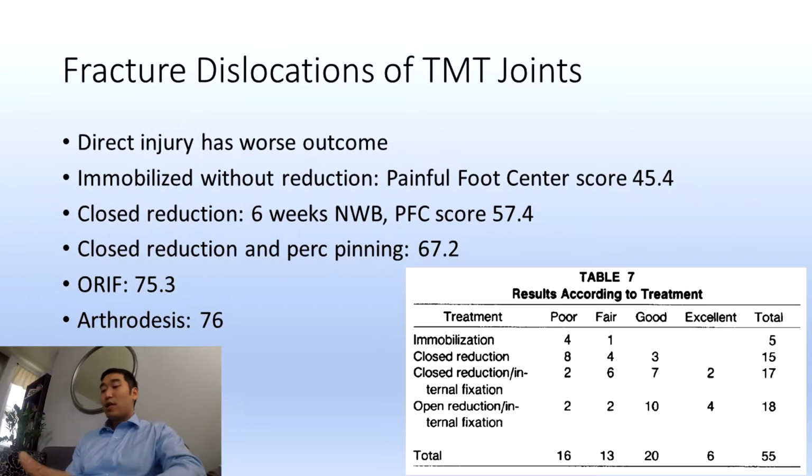The key thing to note is that the ORIF and the arthrodesis had a high painful foot center score. For those unfamiliar with the painful foot scoring system, it's similar to the AOFAS score that people currently use nowadays, where it's a subjective scoring of pain, function, cosmesis, and motion. The painful foot center score has 45 points for pain, 40 points for function, 10 points for cosmesis, and 5 points for motion. As you can see, the arthrodesis and the ORIF have a relatively similar value,